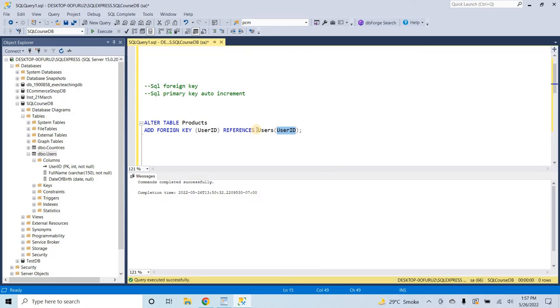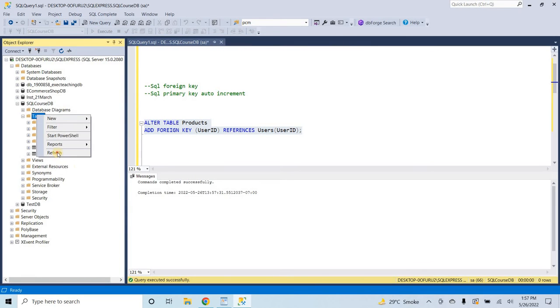It is user ID in the users table, and it is user ID in the products table. We can keep the name different in the foreign key table, right? If I just execute this statement,